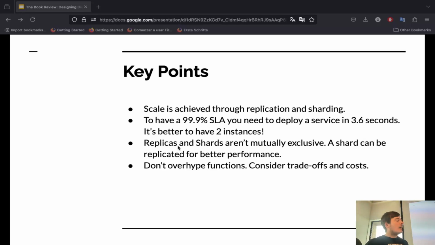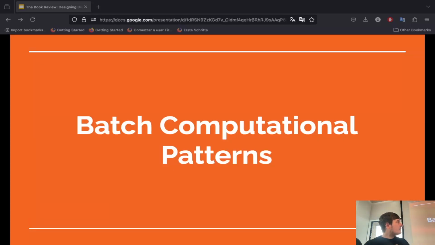Then also, one thing it mentions is that we don't have to think about replicas and shards as being mutually exclusive. We could have a shard that is a hot shard, a shard that is targeted multiple times. We could replicate that and have multiple replicas of one shard to account for the bigger load that happens at that moment. And also, don't overhype functions. Consider the trade-offs, and especially the cost on the cloud provider. And finally, it talks about